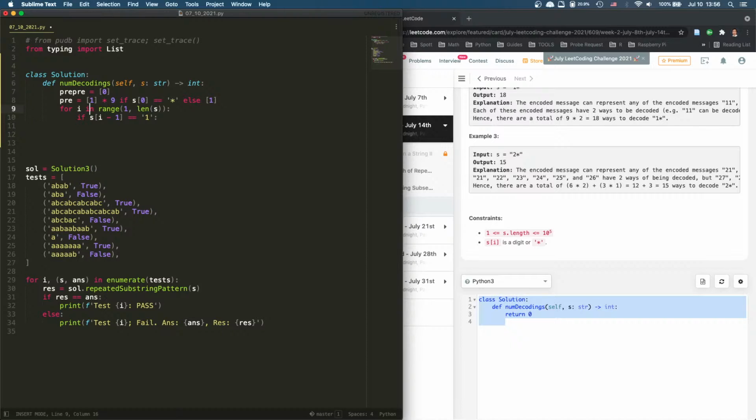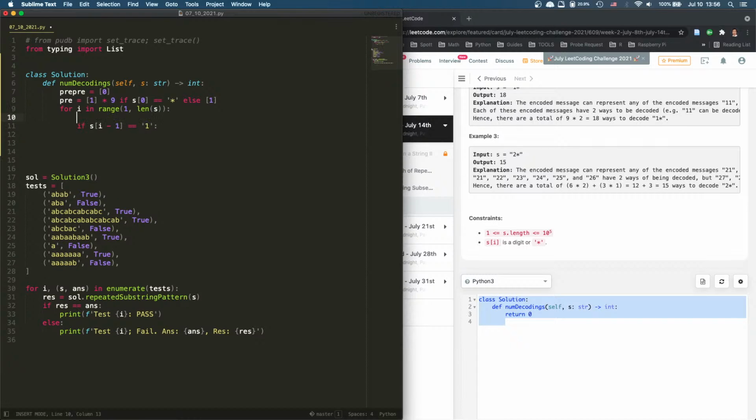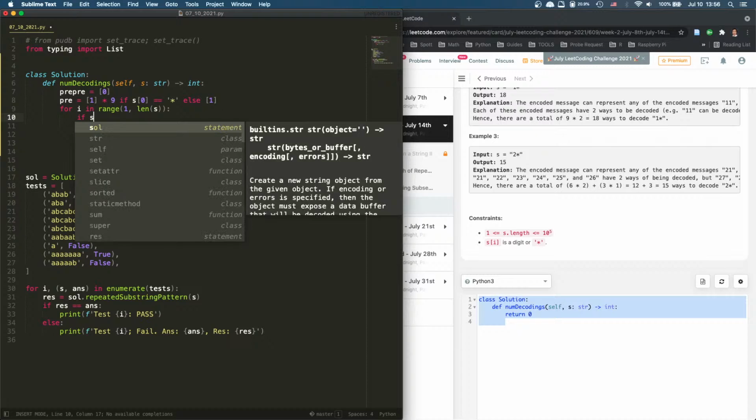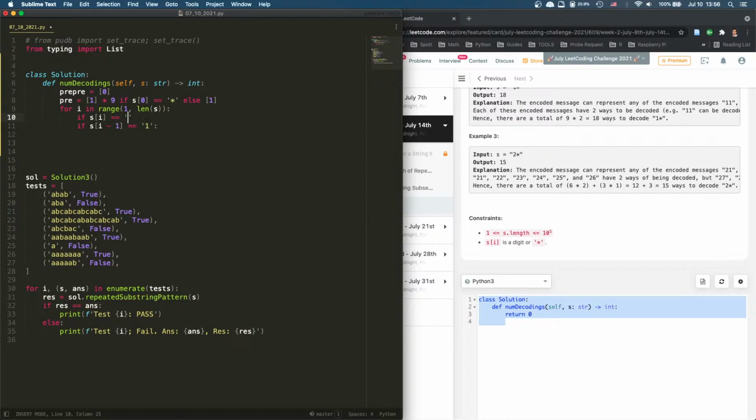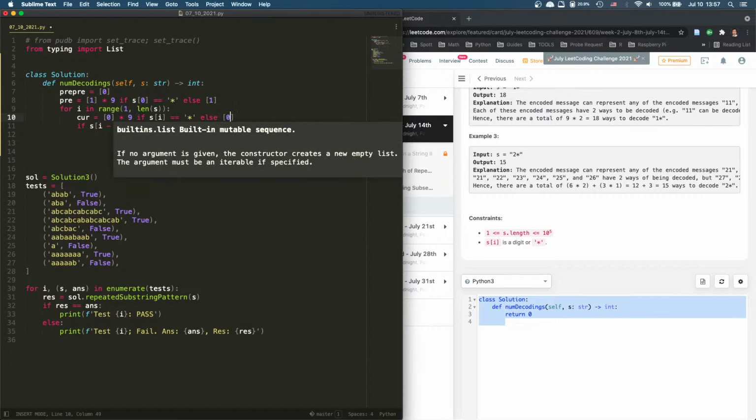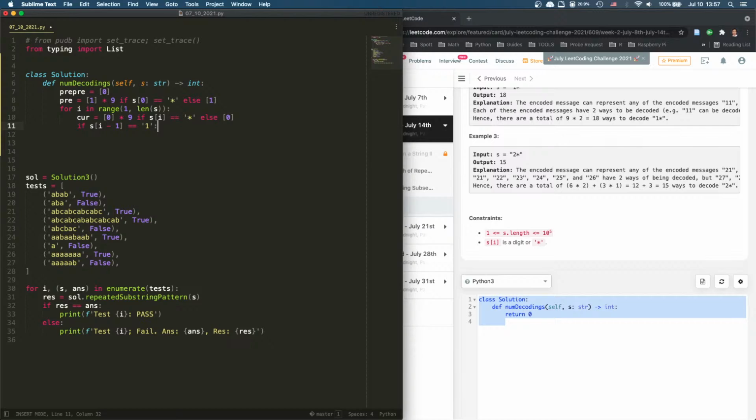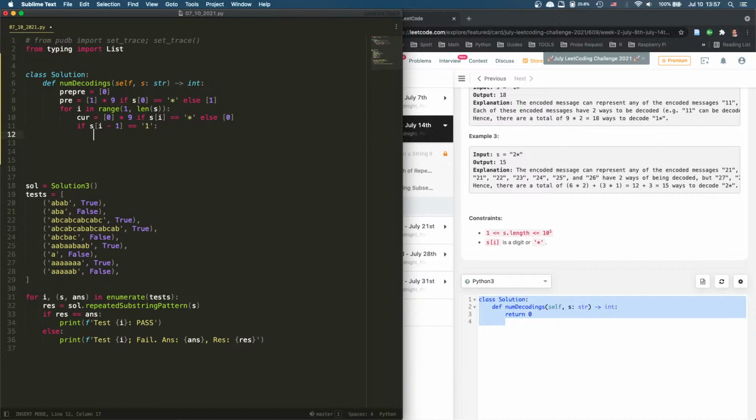So we're going to say when we start, say if Si is equal to a star, then current is equal to, what's current equal to? 0 times 9, right? Else it's going to be a 0. Now, if the previous one, Si minus 1, is equal to 1, right? Then, depending on what we have right now,